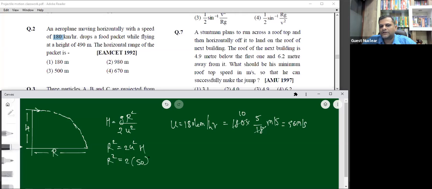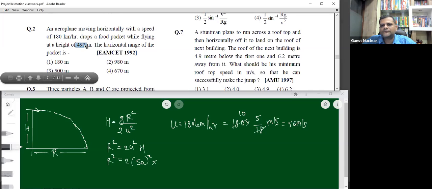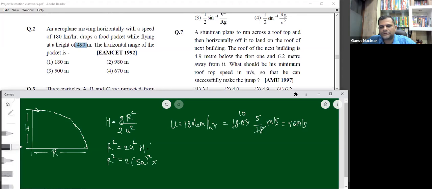So if you put it here, then we get this 50 square, and that is to be multiplied with h, where h is going to be the height of the aeroplane, which is 490 meter here. And that is to be divided by g also, क्योंकि r square चाहिए ना हमको, तो ये upon g भी आएगा. So this h is going to be 490 and that is to be divided by g which is 9.8 here. ठीक है, तो